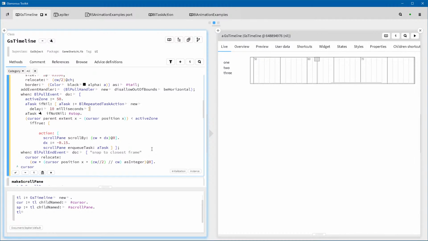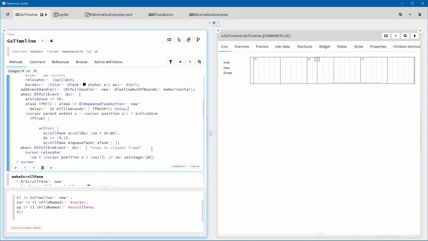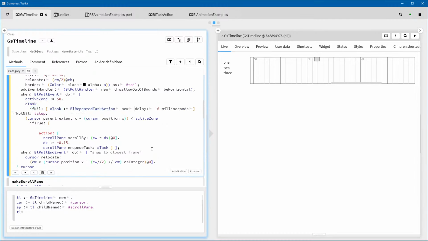And then, if not nil, stop. If not nil, stop. And then, if it's less than the active zone, if true, then a task action